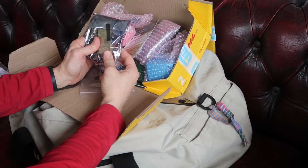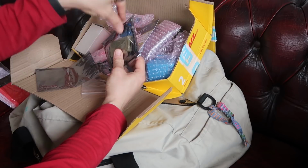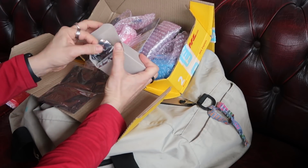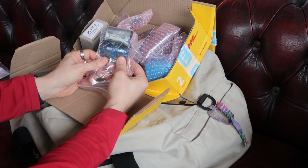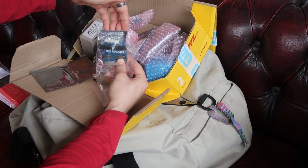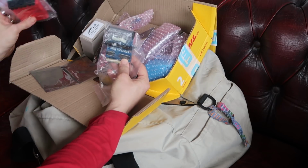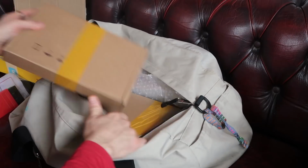SD2IEC, this substitutes the disk drive with a normal SD card. This is the SID FX 3. At the moment it's not installed, but I want to use it in the future. This is the mini expander. So this is what allows me to use the synth cards and at the same time use the MIDI interface. That should work along with this. I'm going to try that today. Now this